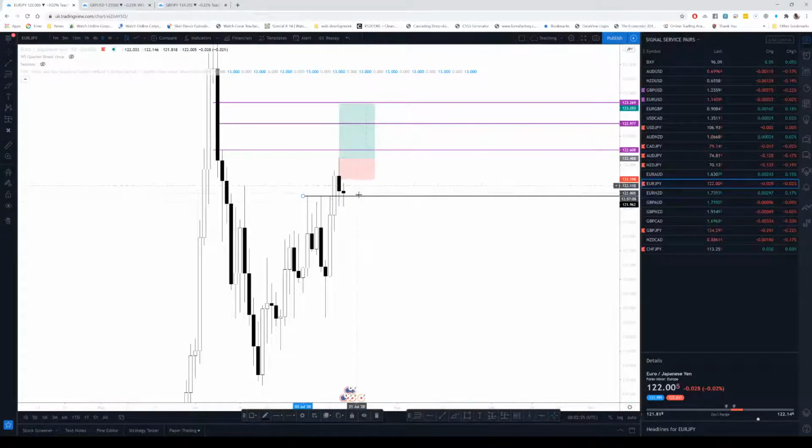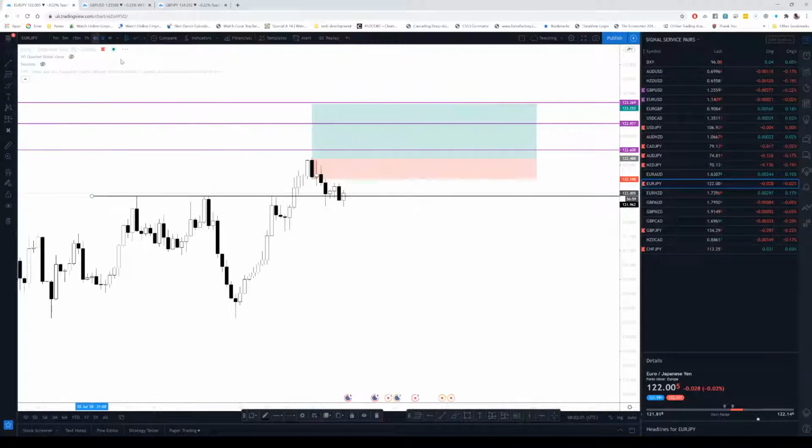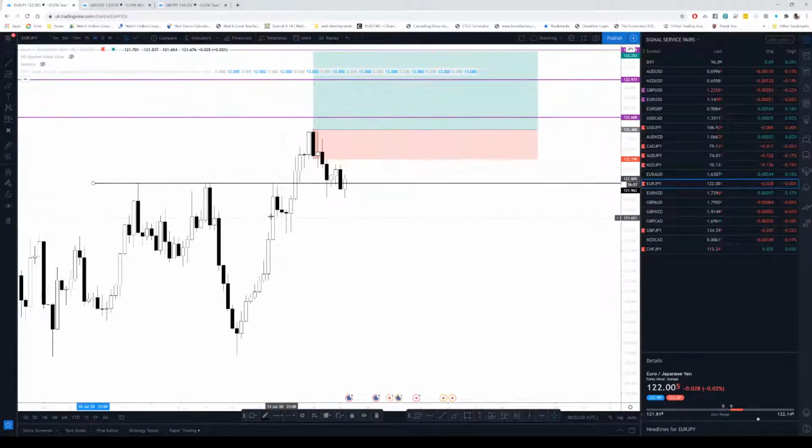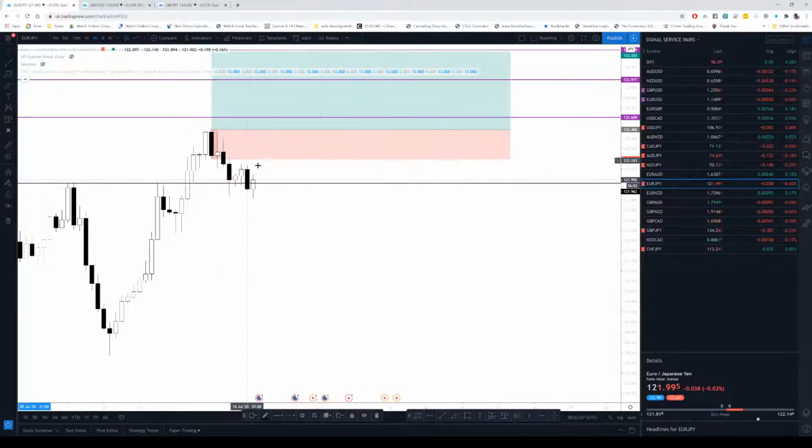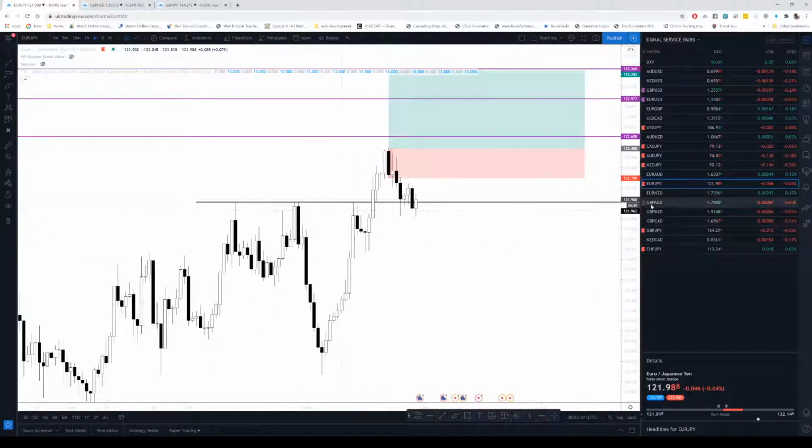Yeah, that's the only reason why I'm bullish on the yen. Euro could be strong, but I am bullish on the yen. So if I do get a closure, we have closed below on the 4 hour. We have a rejection. I just don't like